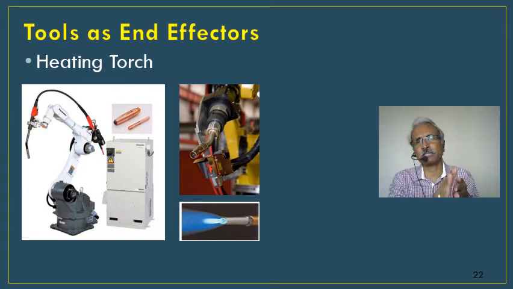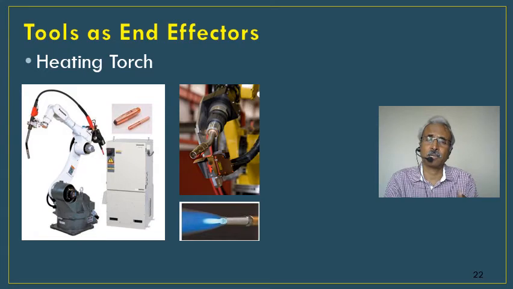Again, when it is a flat surface, it will look simple. But say for example, you have got a sand mold, wherein the curvature is different, right? It's not a flat or a smooth surface. So in that case, how do I maintain uniformity, the distance between the heating torch and the component? So it is again very difficult, whereas a robot can do a better job.